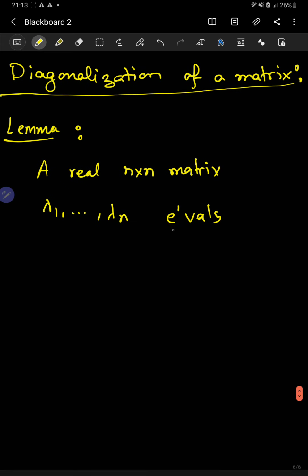I'm writing the shorthand notation. This means eigenvalues if you're confused. And v1 through vn are the eigenvectors of our matrix A,